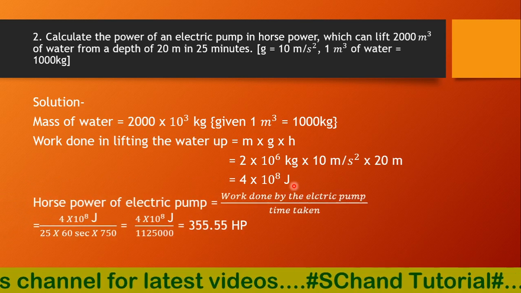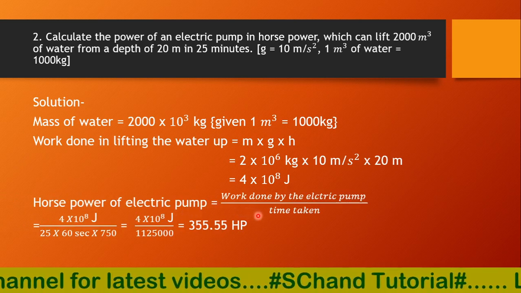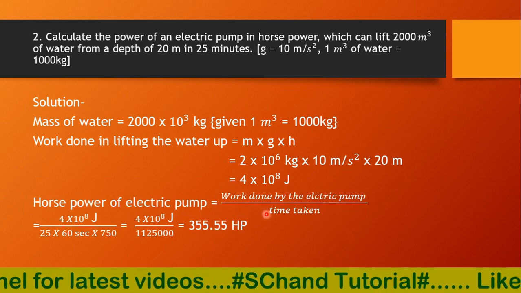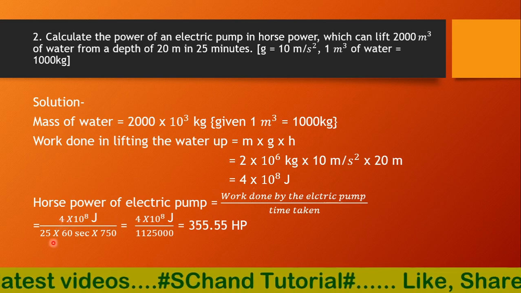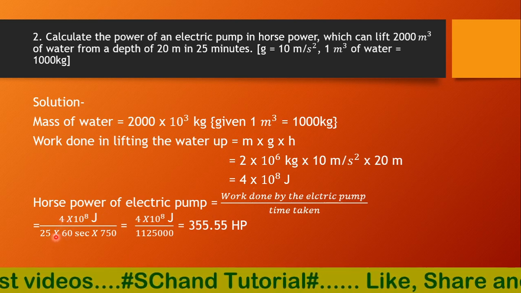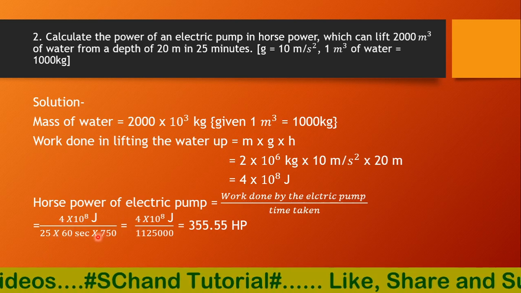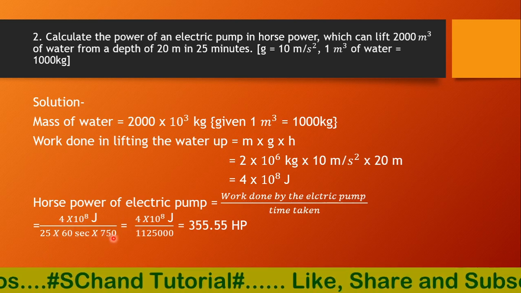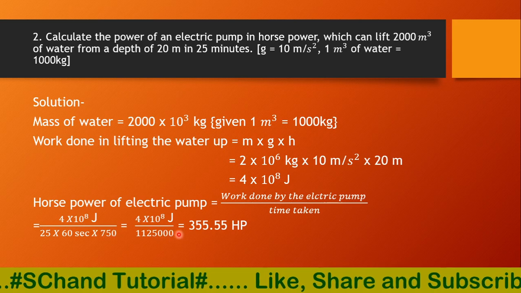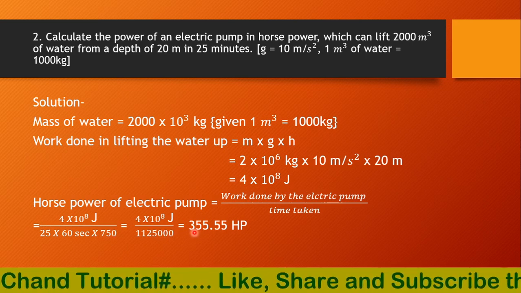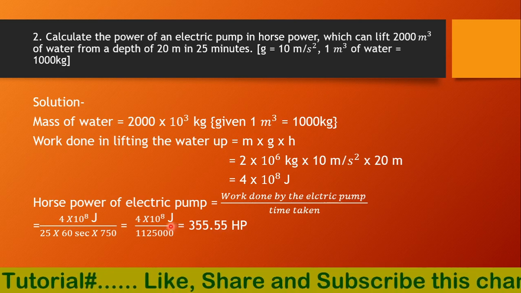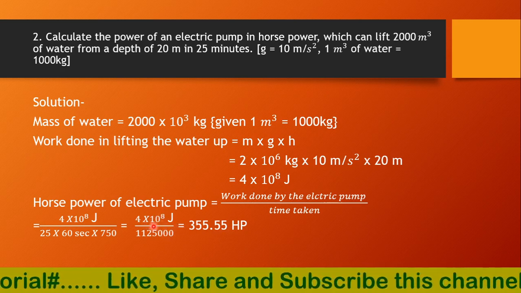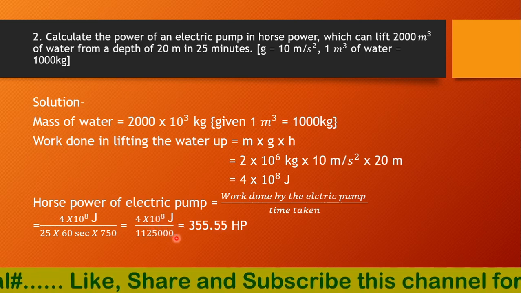And horsepower of the electric motor means power of the electric motor in horsepower, that is work done by the electric pump over time taken. Work done we have calculated here 4 into 10 power 8. Time is 25 minutes, so 25 into 60 seconds. And horsepower 750 watt. So this will come out to be 355.55 horsepower. If you solve this, 3 zeros will cancel and we have to divide this. Then it will come out to